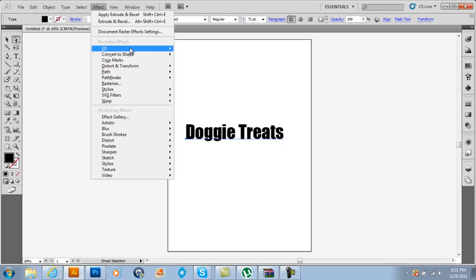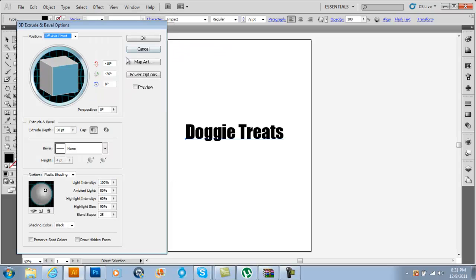Go up to the top and click 3D, Extrude and Bevel Level. Once you do that, you're going to click Preview, and you're going to change it to how you want it. I'm just going to do a basic left looking tilt here. And once you do that, you're going to see that you can't really see the contrast